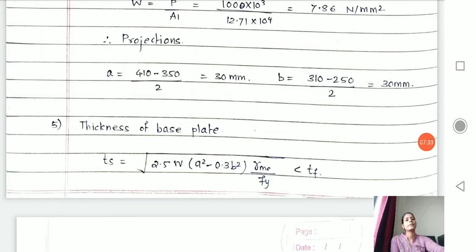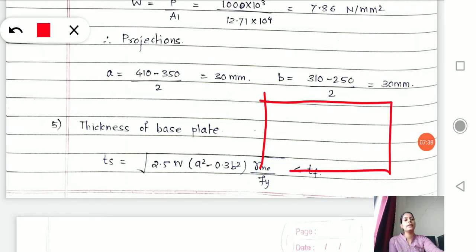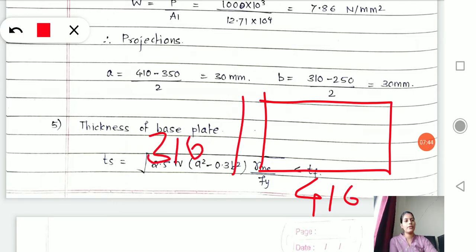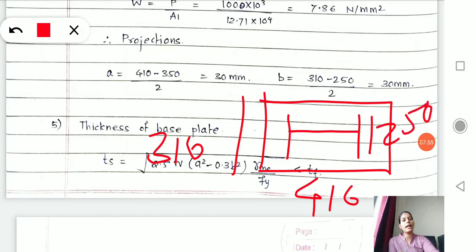See here. I have a base plate of length 410 and width of 310. Alright. Now I have placed an I section as a column over there, and this I section has a width of 250 and length of 350. Okay, length is 350 and flange width is 250.